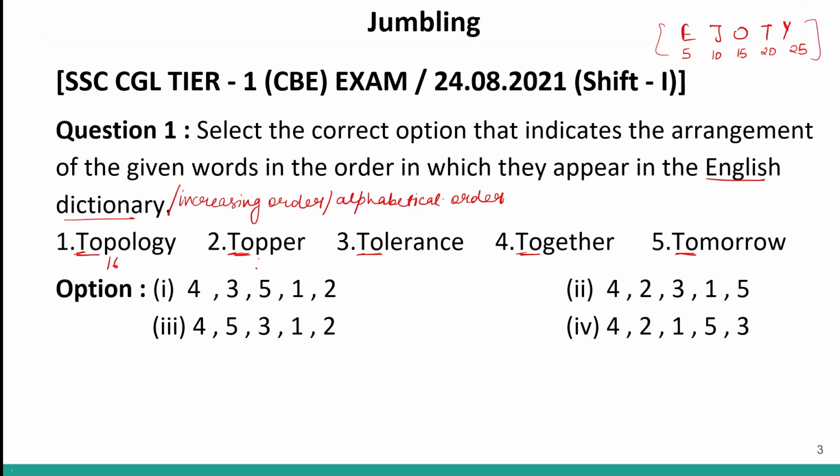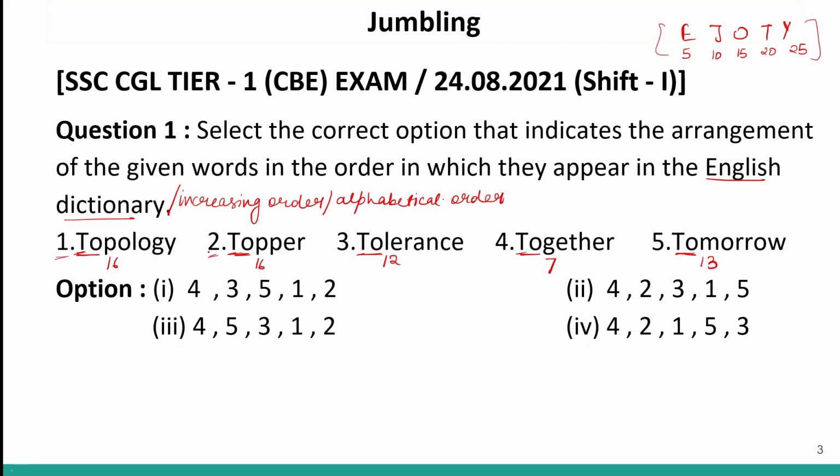Similarly, over here, P's forward rank is 16. L's forward rank is 12. G's forward rank is 7. And M's forward rank is 13. So now I know that 7 will come before 12, which will come before 13, and then which will come before 16. But I have confusion between these two words, the first word and the second word.